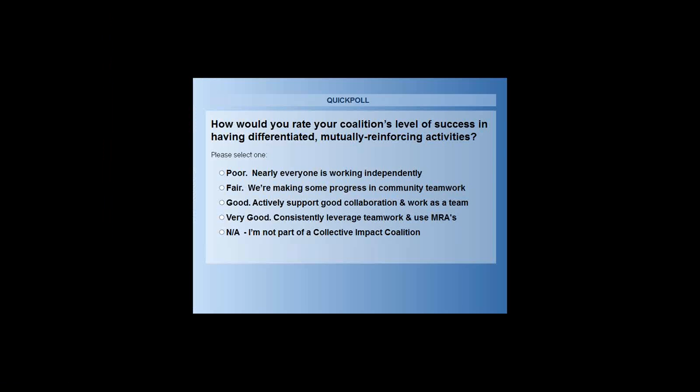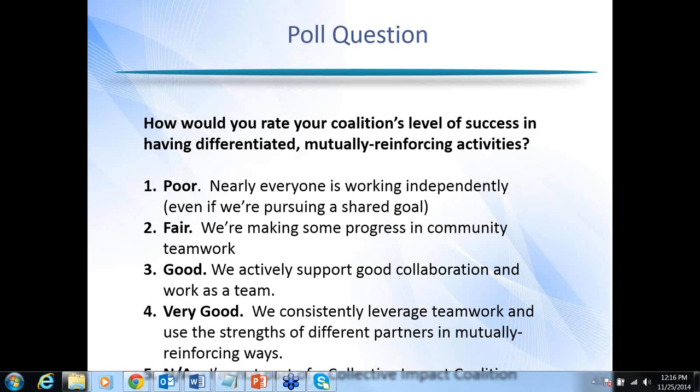We have a few seconds more to get people to vote. And we'll close the polls. Share the results here.